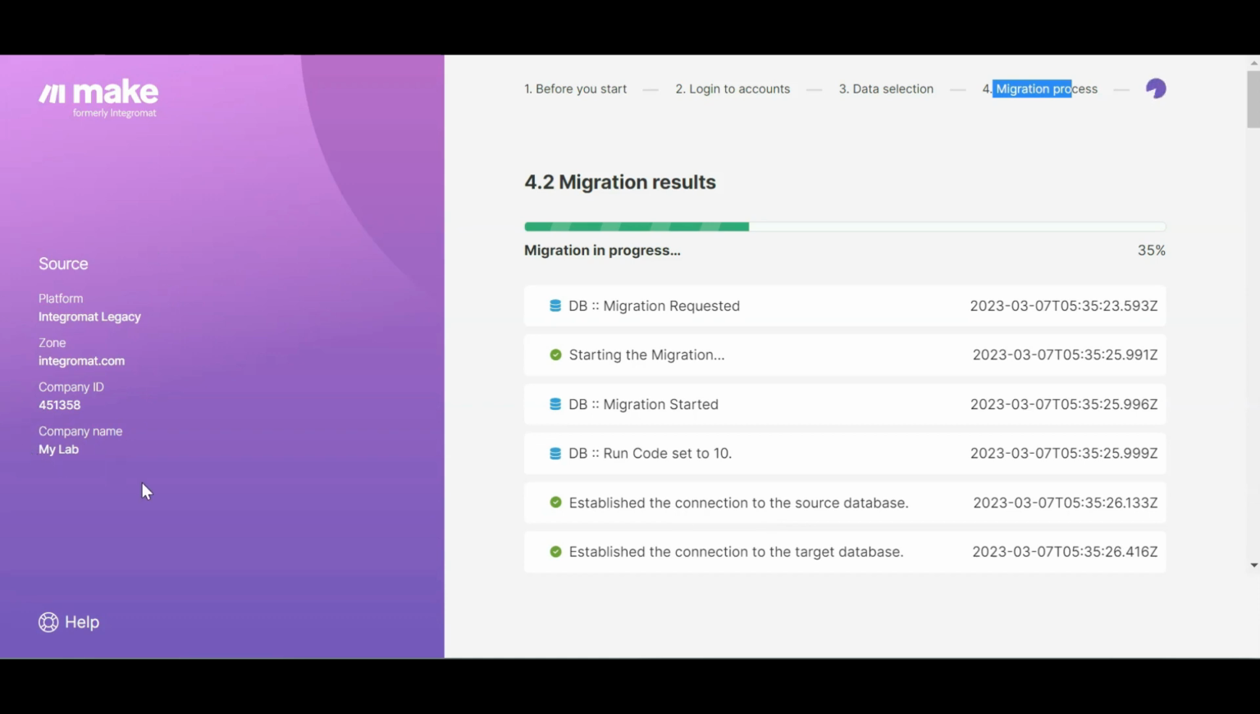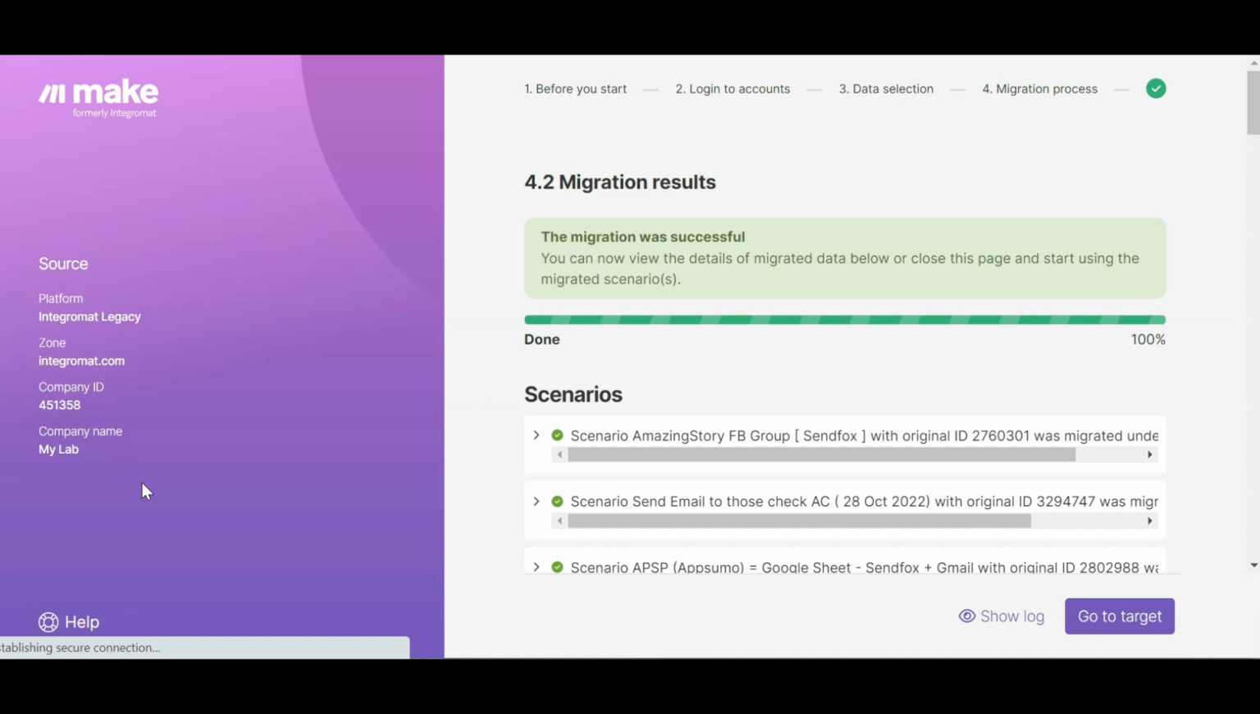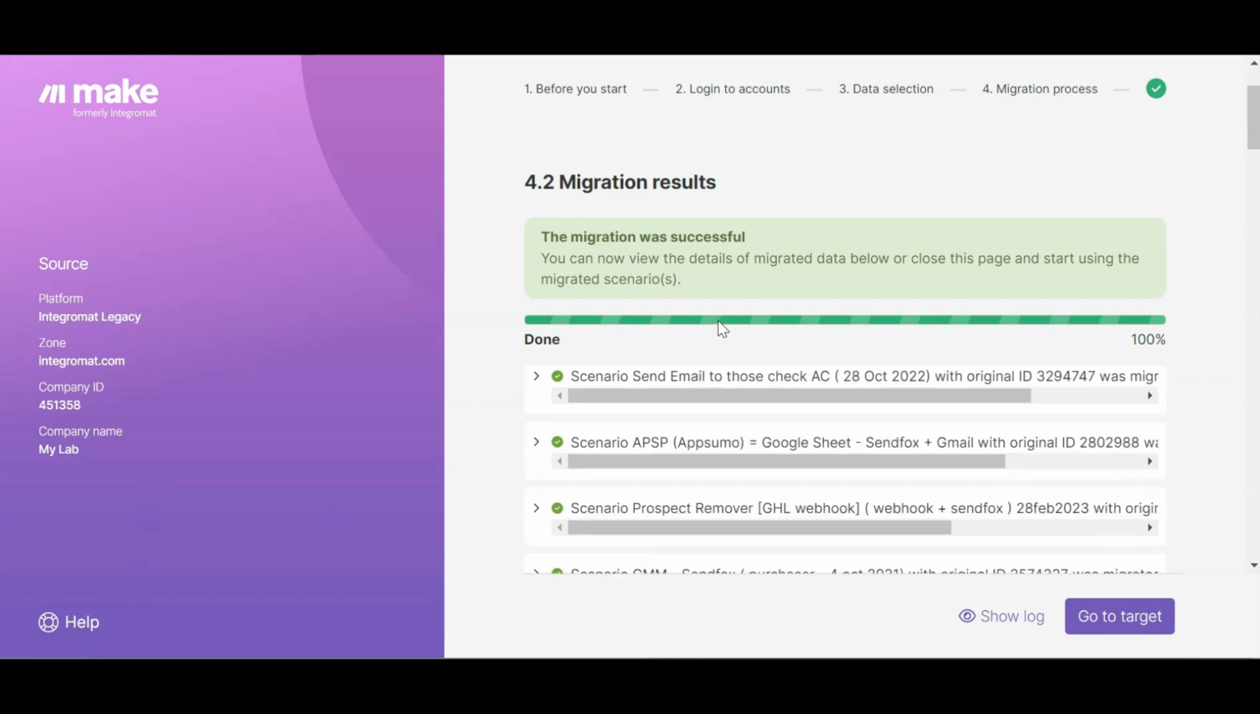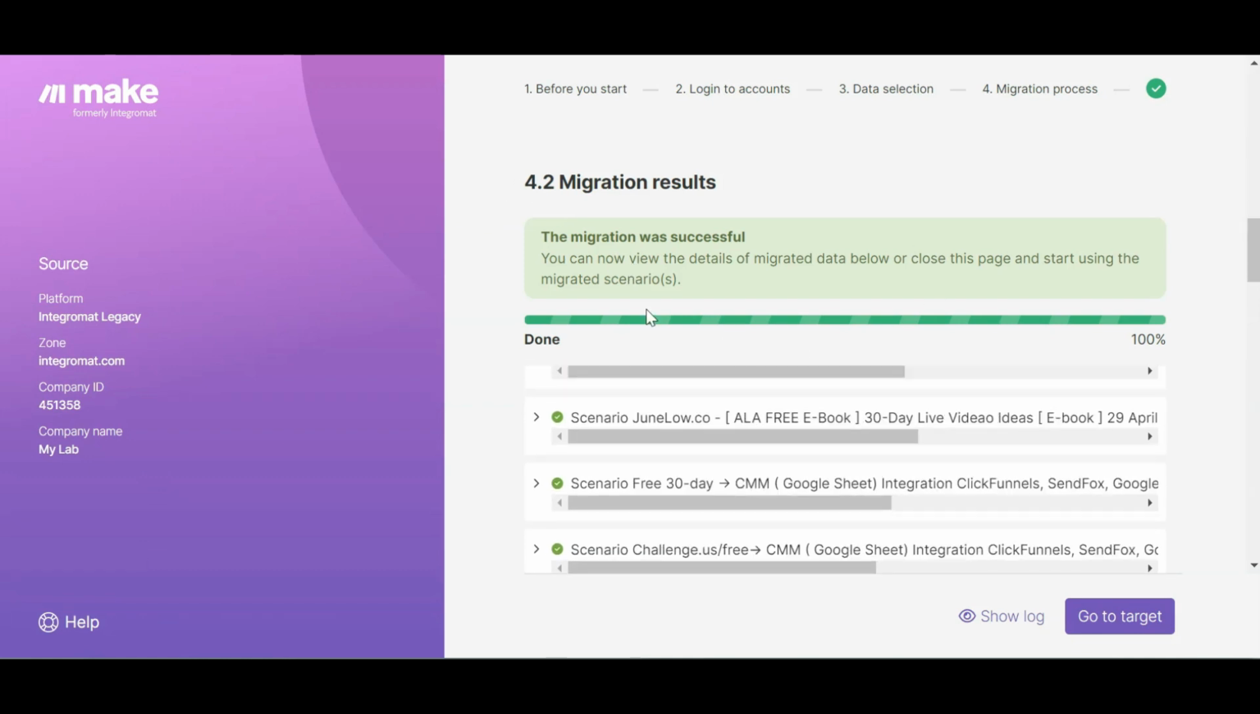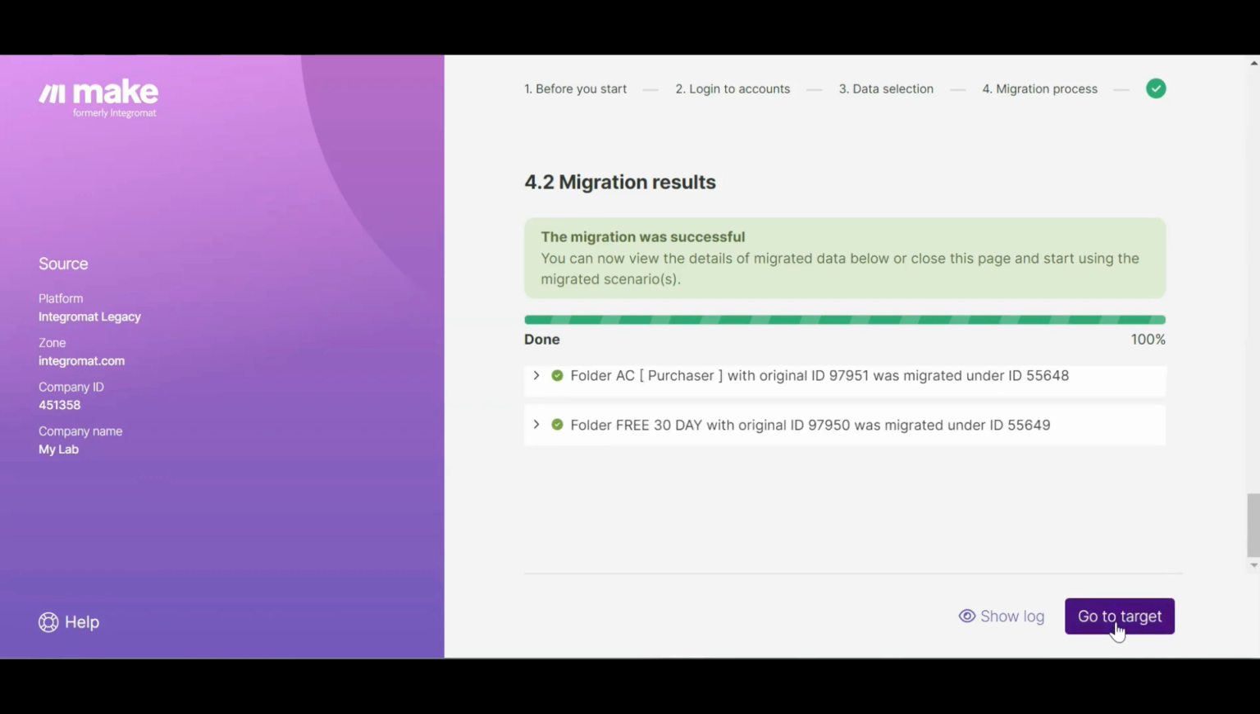So right now I'm at step 4, which is the migration process. As you can see, Make and Integromat are taking in all my scenarios in Integromat and then moving them to the Make platform. Right now it's at 100%, which shows that the migration is successful. So what you need to do is just go over to check it out and click the purple button,